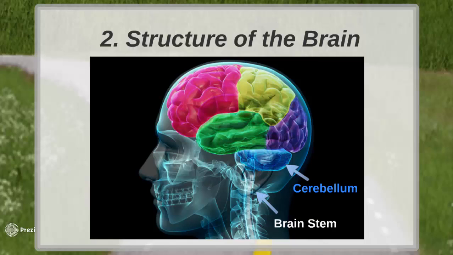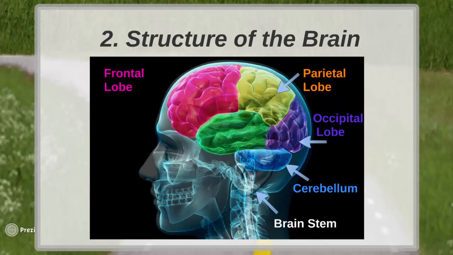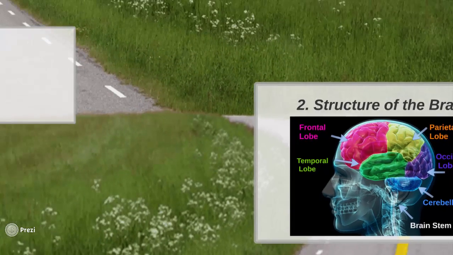The occipital lobe, highlighted here in purple, is responsible for vision. The parietal lobe, highlighted orange, is responsible for reception and process of sensory information such as touch. The frontal lobe, highlighted in pink, is involved in problem solving, decision making and planning. And finally, the temporal lobe, highlighted in green, is responsible for memory, hearing, emotion and language. I'm now going to pass you over to Mikey, who will discuss brain development.